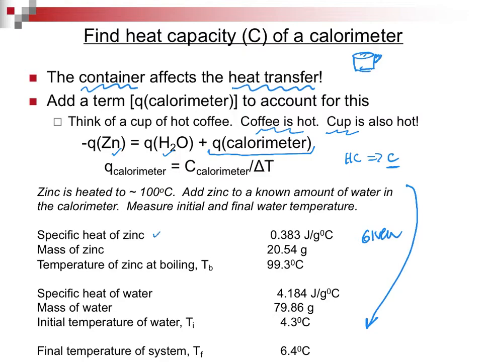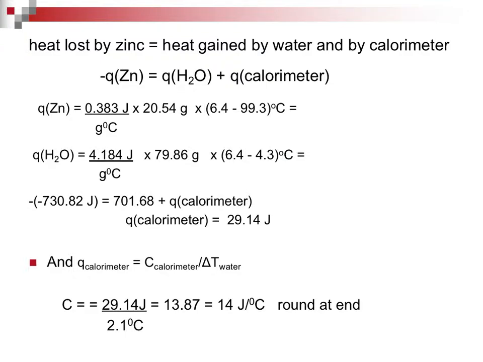It gives you the 3 pieces you need to calculate the Q of the zinc. It gives you the 3 pieces you need to calculate the Q for the water. Since you'll have the Q for the zinc by doing all of this, and the Q for the water by doing all of this, you can find the Q of the calorimeter. Buried on the bottom here, hard to see, is my T final, okay? So we have 2 initial temperatures and a final temperature. Let's move on to the actual calculation.